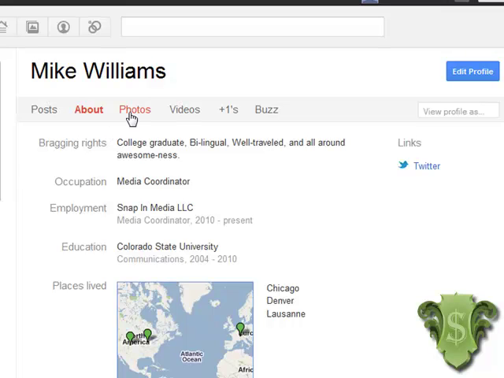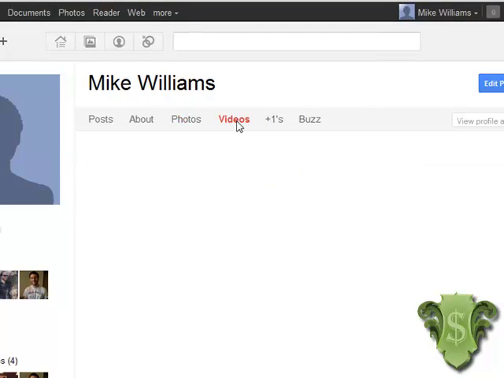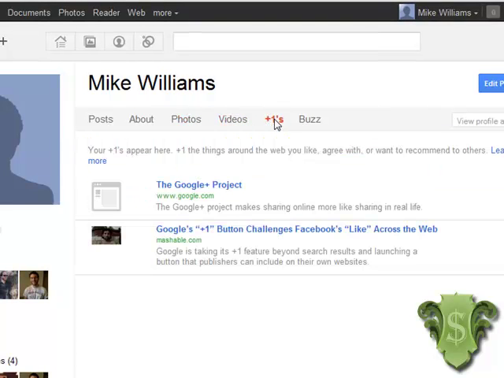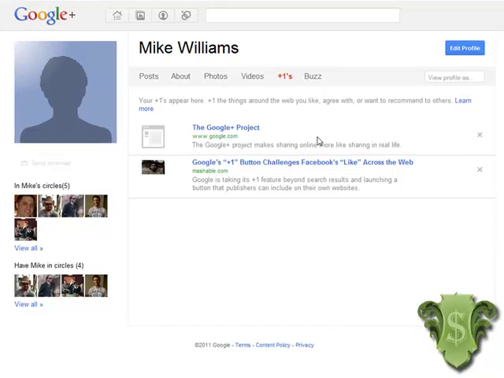Of course, we have photos, videos, and then the +1, which is pretty important. So I'm sure you've all seen the Google +1 button strewn across Google and different websites. Anytime you click that +1 button, the article that you clicked the +1 button for will show up in sort of a preferences list on the +1 column. So that's pretty handy. You can check out all the content that you like or have +1'd across the web,